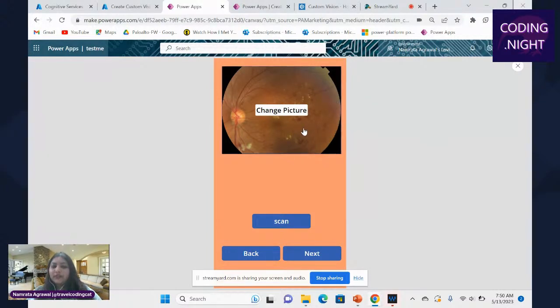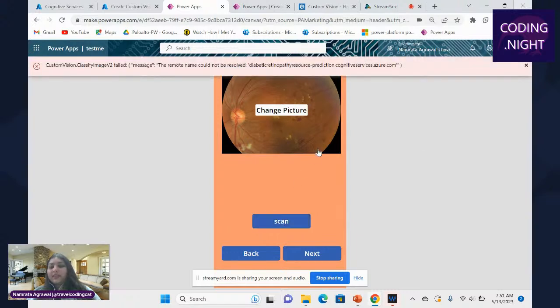And once you upload this image, you need to scan it. The scanning is linked with the Custom Vision service, which will give you the results. Okay, so let's move ahead and see the scanning. Once we scan, we can see this message, and this message is very important to see the working of your Azure Cognitive Services. For example, right now this has been linked to the cognitive service that is Custom Vision.